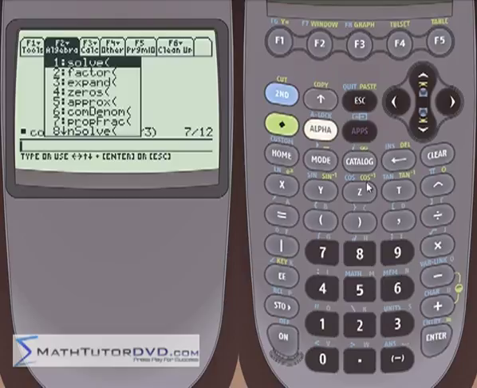Now, if we do a more complicated one, remember it's common denominator number 6, so I'll just hit